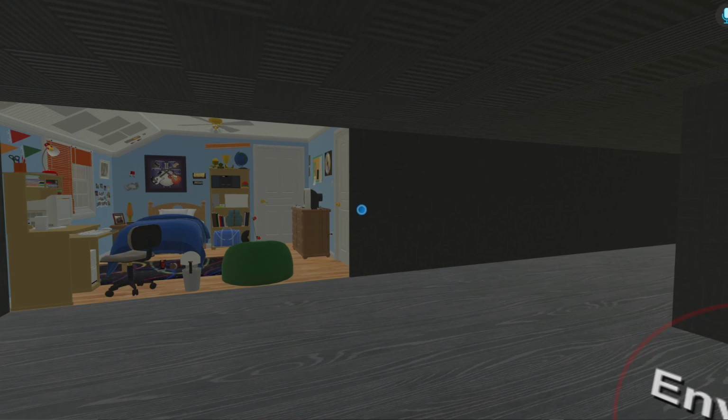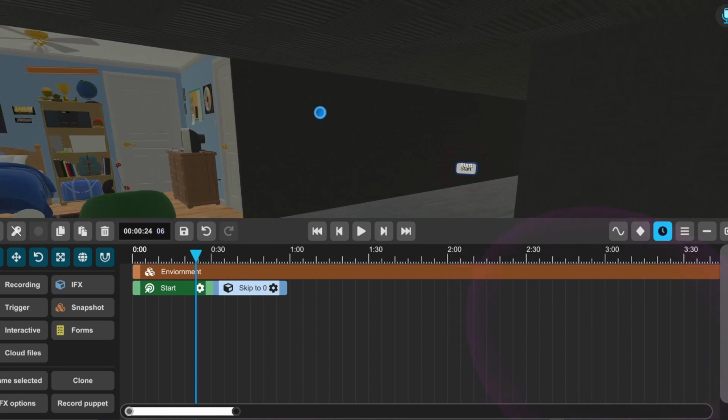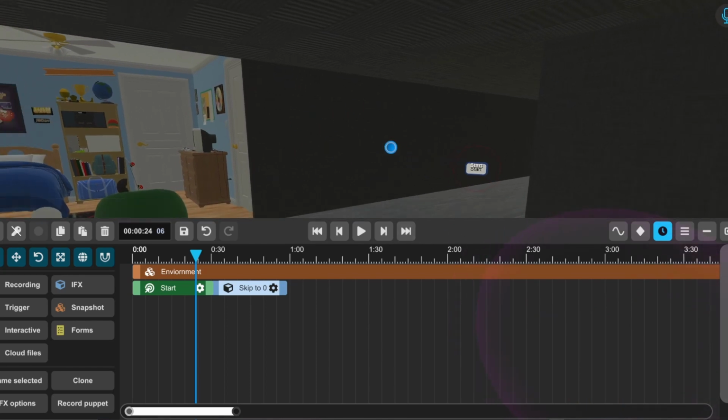If you have stuff that just starts playing, like recordings, or objects start appearing at like 14 seconds and 24 seconds, and things just start populating, you're going to have a lot of people who are struggling to load that content in before it actually shows up. And also you're going to have people who don't see anything, not even the environment, because they're still waiting for everything to load on their headset or computer or whatever